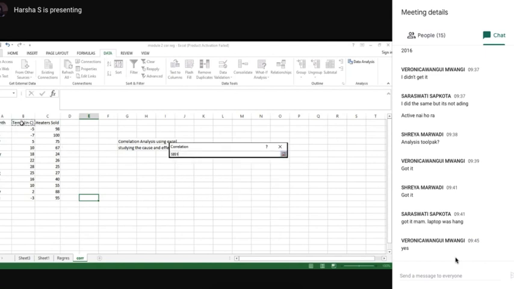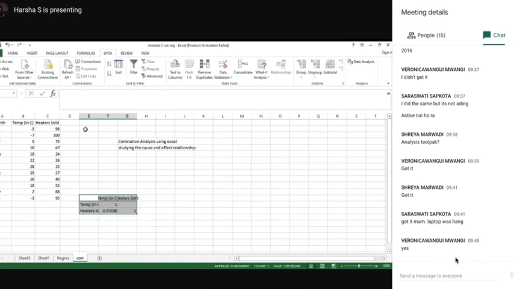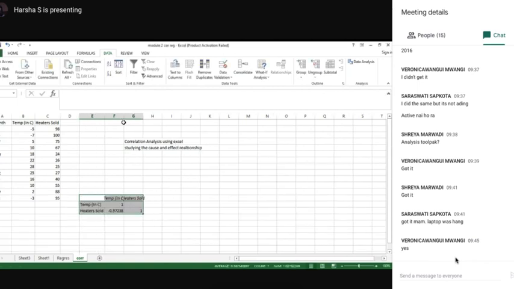The input range is this one: the temperature and the heaters sold. This is your input, because using these two variables I am calculating the correlation. You can ask for labels in the first row, and where I want my output range, I say I want it here. If you click OK, then here is your analysis.